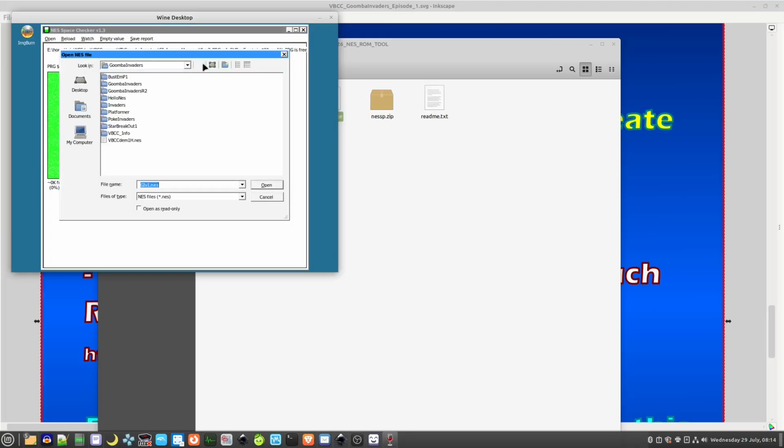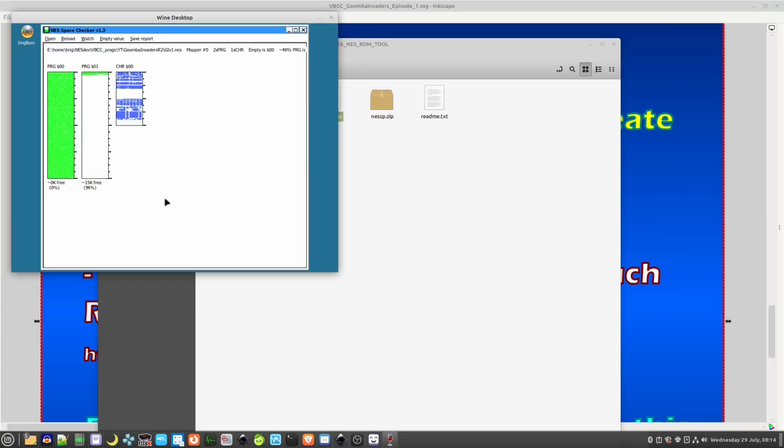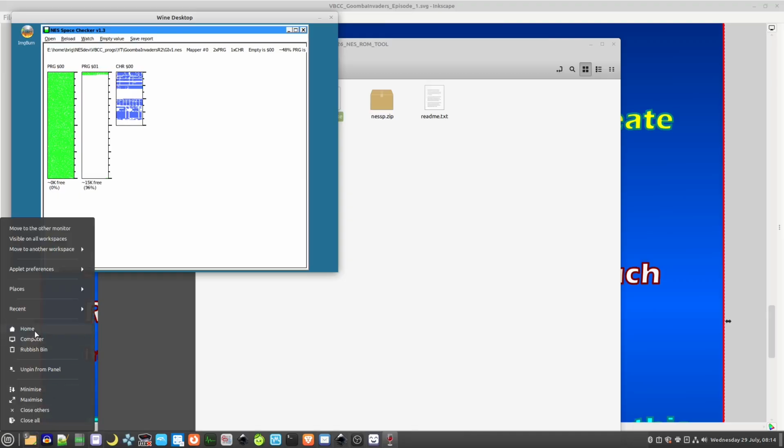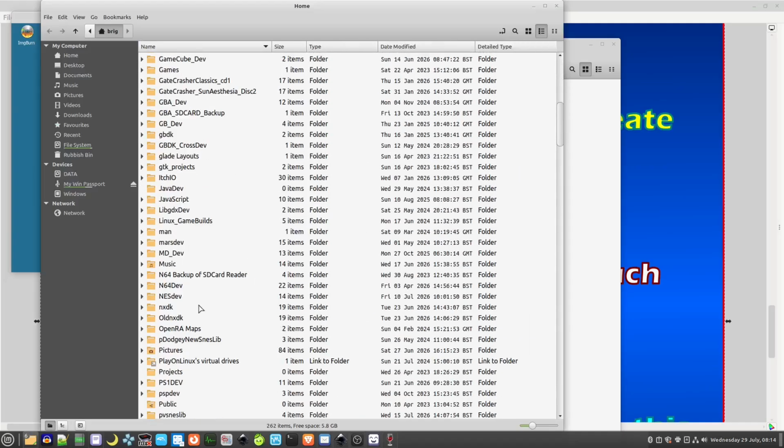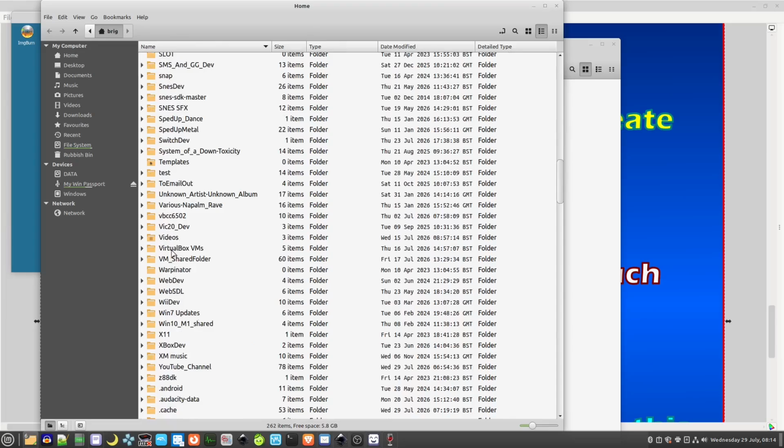So now I'll show you version 2. Version 2 has a lot more in because it's a finished game now. Version 1 was not finished. I was despairing because I'd run out of ROM again. However, I then looked at some of my older programs, and I also looked at some of the build flags in the VBCC examples folder. So if I open this up a moment here,